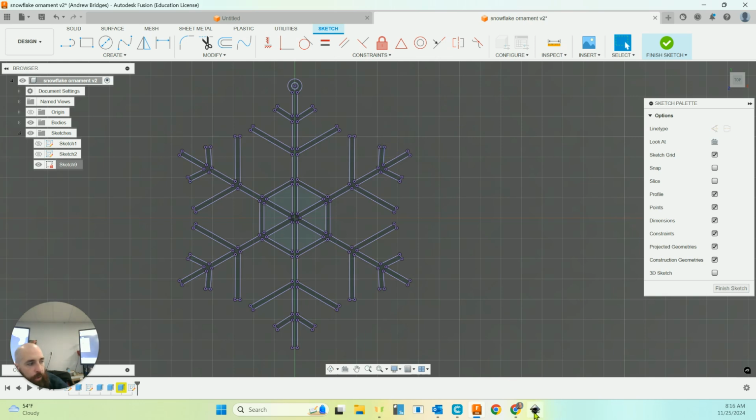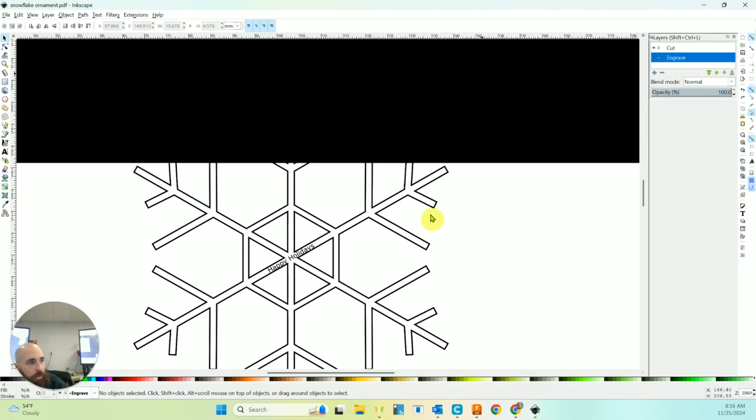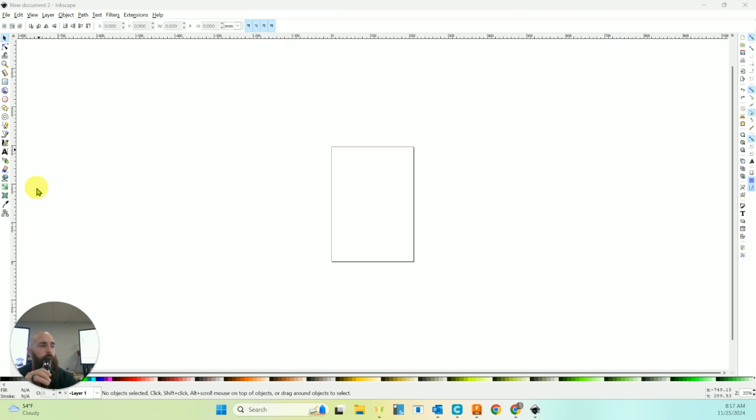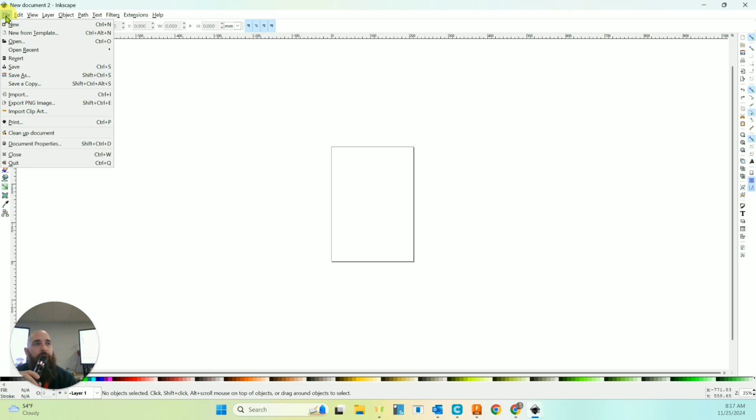Next thing we're going to do is start a new file in Inkscape. Inkscape is a free open source software. You can see that I've already got mine brought in. Okay, I'm going to start a new one just so you can see what that looks like. Okay, so this is Inkscape. It starts us pretty well zoomed out. That's fine. But what we're going to do is bring in our DXF file by going to